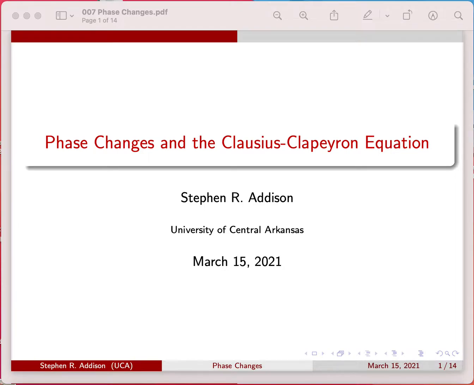Something that we've introduced in some parts earlier in the semester. We're going to look at phase change, and we're going to look at the Clausius-Clapeyron equation. In this set of slides, I'm going to go through some things in detail, but lots of the derivations you'll need to work through by hand, so I'll just give you the high points of those. Anyway,